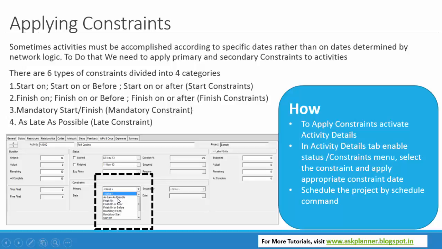as late as possible. If it is least bothered about this activity, then we can consider this as late as possible when it is not affecting the successor. So these are some of the constraints: finish on, must finish on, finish on or after, finish on or before, mandatory finish,